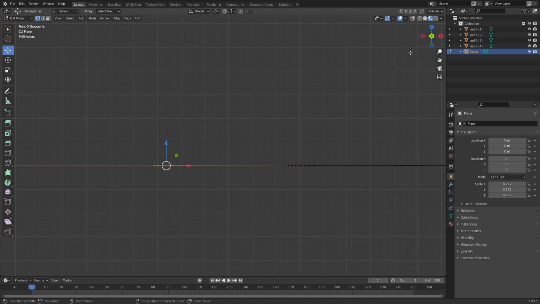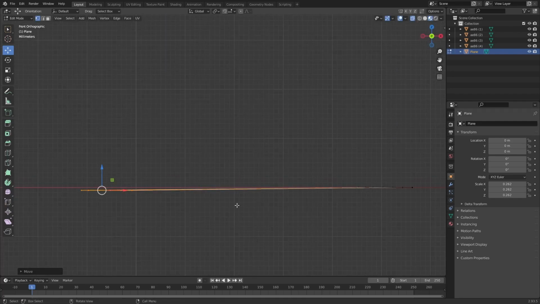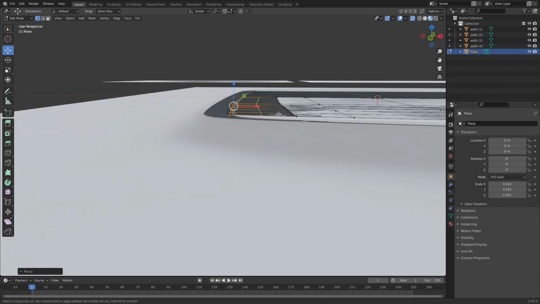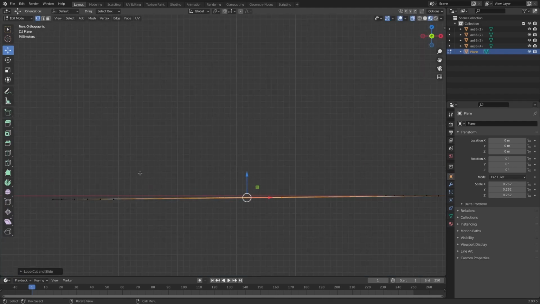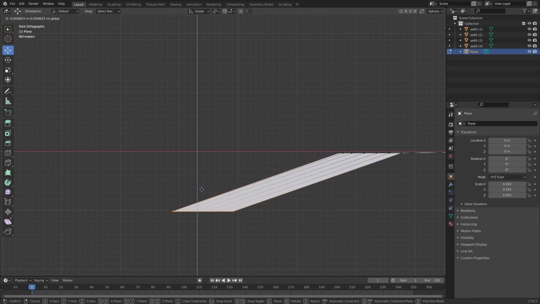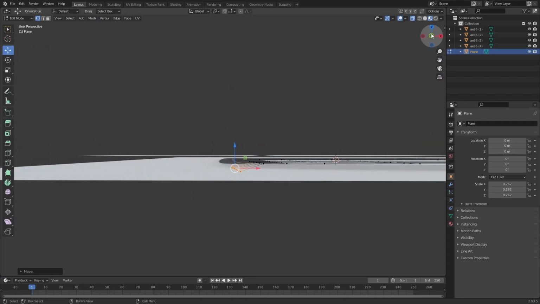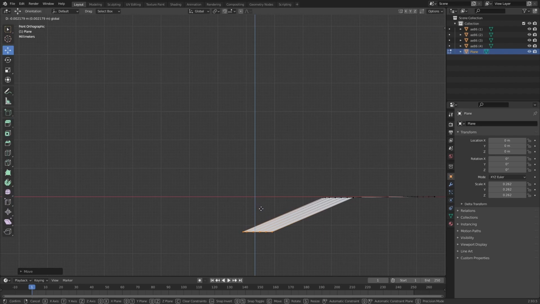downward. Or, make sure before you do anything, have transparent or X-ray mode on. I call it transparent mode, but just click the toggle X-ray thing, select everything, and just slightly move it down. And then I'm gonna add a loop cut right here, and then take these and move it down significantly more, on the, I believe, z-axis. Yeah, move it drastically more down on the z-axis. I'd say about this far,